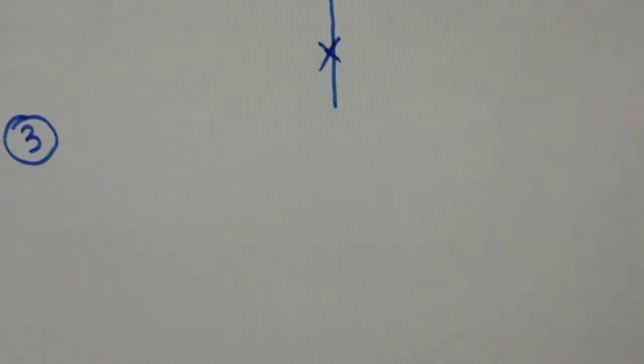Now students, third question of this exercise. Question is, if two circles intersect in 2 points, prove that the line through the centers is the perpendicular bisector of the common chord. Their centers lie on the perpendicular bisector of the common chord. It means the line joining both centers is the perpendicular bisector of the common chord. It means that the line which joins both the centers is the perpendicular bisector of the common chord.